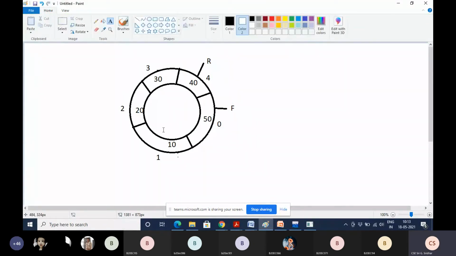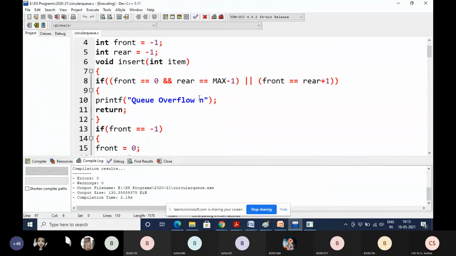The circular queue is full. Is it right? So that's why it will display queue overflow. Insertion is not possible.